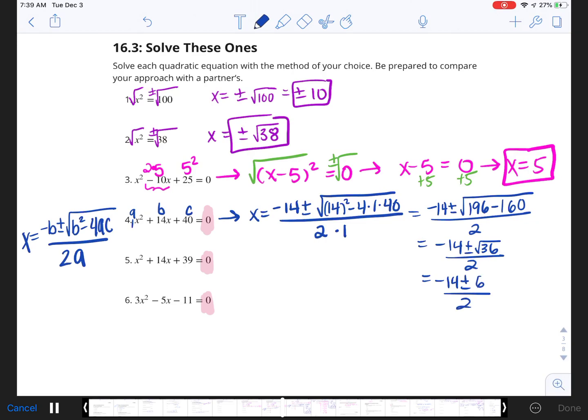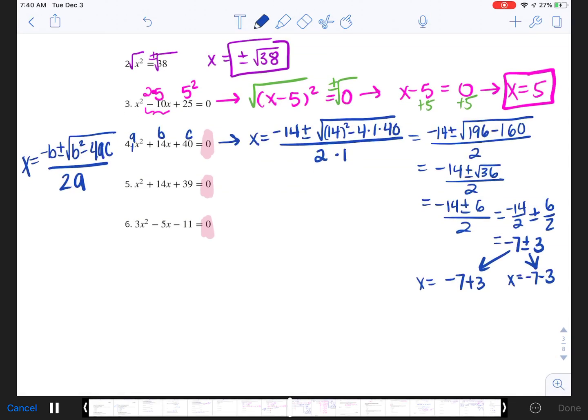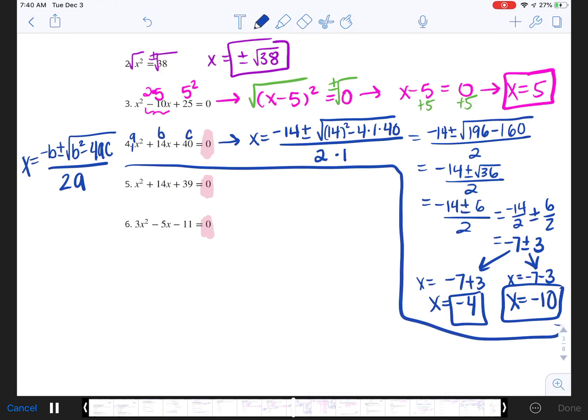I break apart my fraction. So I put each part over the denominator. So I get negative 14 over 2. And I get 6 over 2. So that becomes negative 7 plus or minus 3. Now the plus or minus 3 actually means I get 2 answers. So I'm going to break this apart into 2 things, one with a plus 3 and one with a minus 3. And these will both be solutions for x. So negative 7 plus 3 becomes negative 4. Negative 7 minus 3 becomes negative 10. There's my answer. So it does take a bit of work, all right, but just take your time and be